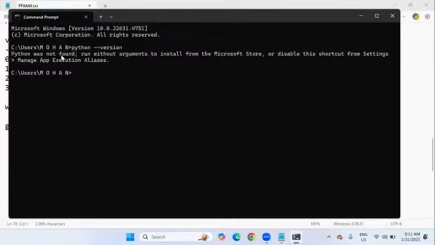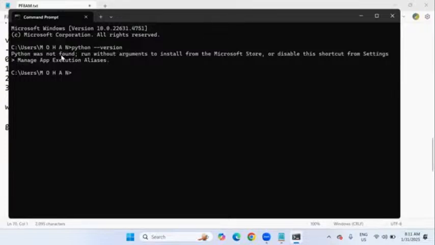I recommend to click on this downloads and simply you can see download Python 3.13.1. Simply you can click on this and you will be able to get it quickly within a fraction of seconds. It's an almost lightweight file, 27.4 MB. It's completely downloaded. Once the download process is over,